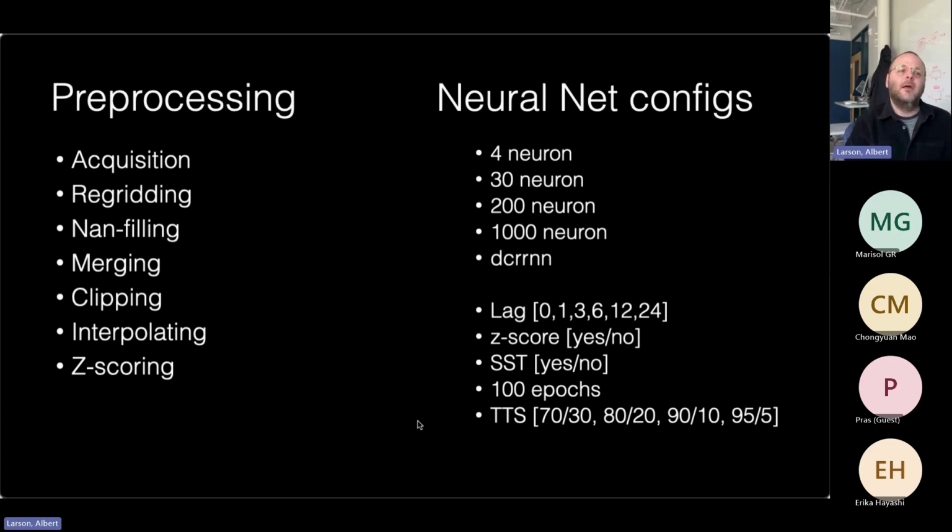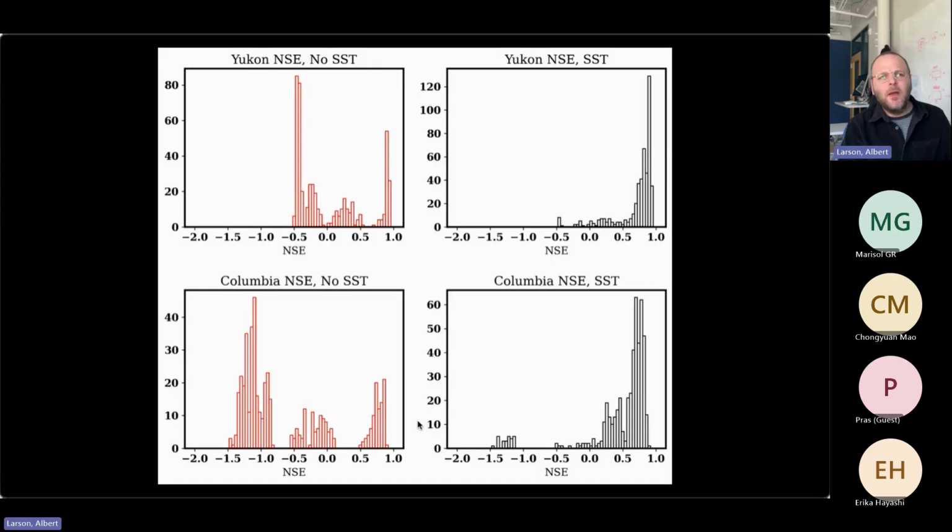So I lagged the data. I iterated between z-scored yes and no, between using sea surface temperature yes and no. I kept the number of epochs of training, which is a hyperparameter when using neural networks, fixed at 100. Essentially, that's how many times you run back and forth through the data. And then I iterated through training and testing split. So if you have less training data and more testing data, hypothetically, you would see poorer results than if you're training on more of the data. So there you go. Okay, so that's what I was planning to do,